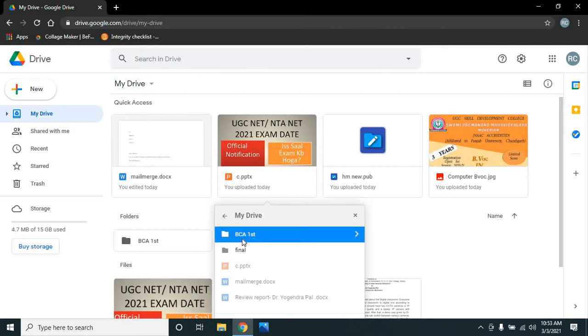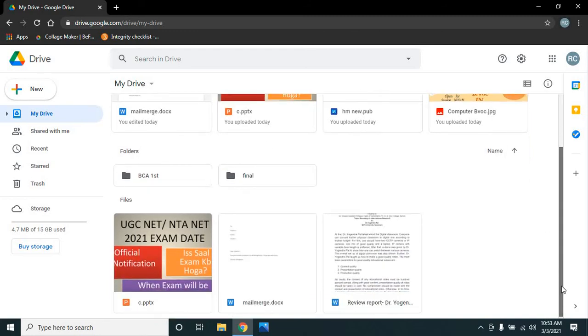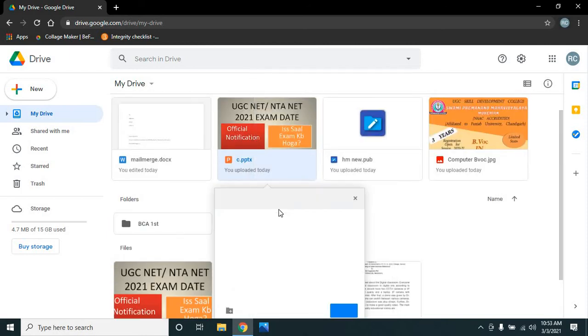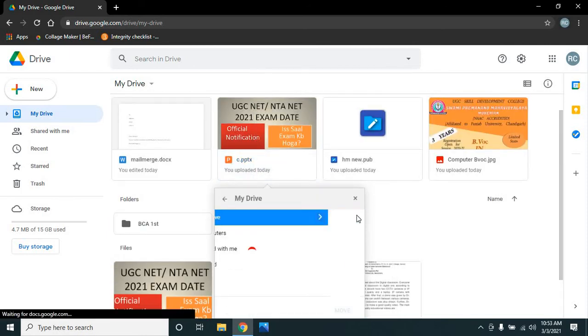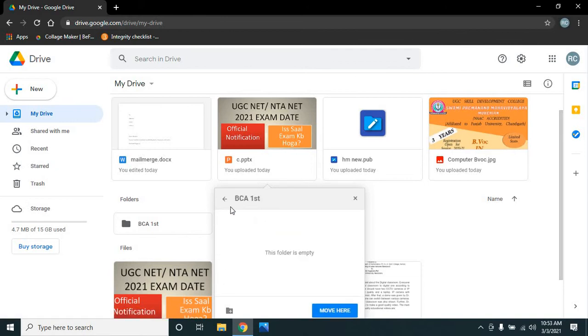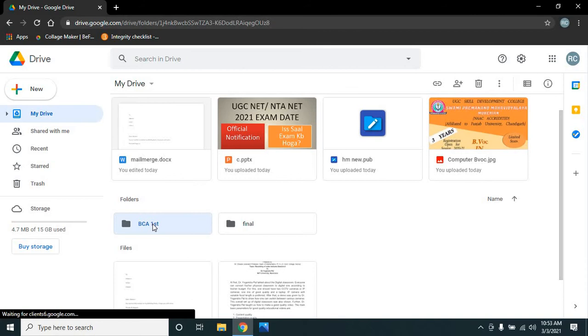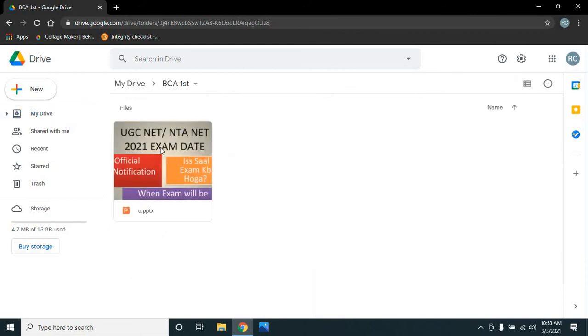So click here BCA first, and yes, move here, and see, this file has moved to the BCA first folder, and now you can see this file is in the BCA first folder.